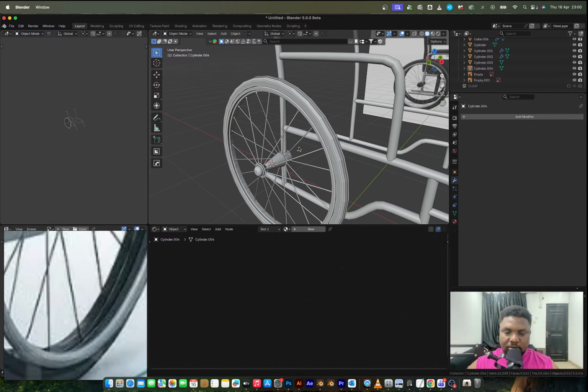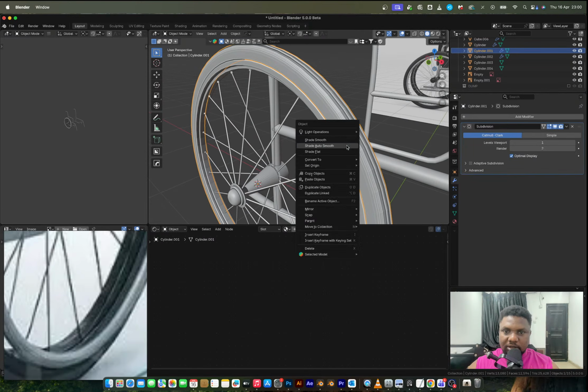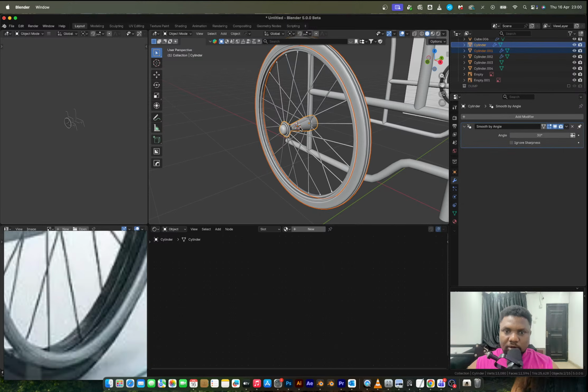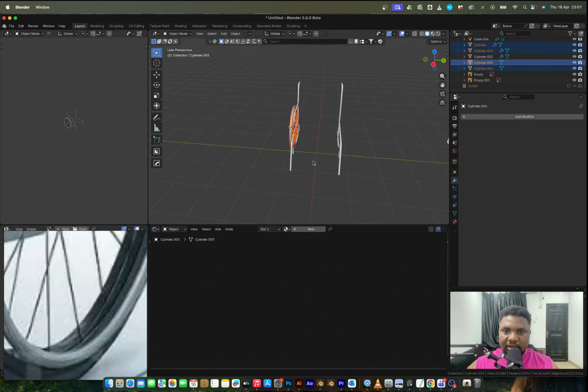So that's good actually. I'm going to shade auto smooth. This also, maybe I'll turn on sub D on that and then shade auto smooth. That's cool. I can select this, select the spokes, and